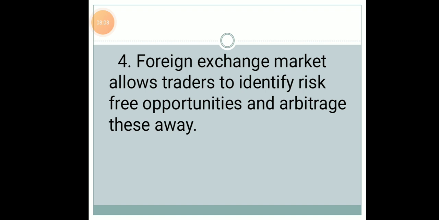That is the major function of the foreign exchange market, that it provides a marketplace for arbitrageurs, speculators and traders. Since they have access to each and every foreign exchange market, they can identify the risk and minimize it, as they may be facing more risk in one market and less risk in another market. So they can trade in those markets where they are less exposed to foreign exchange risk.